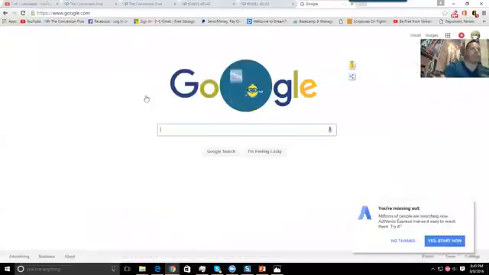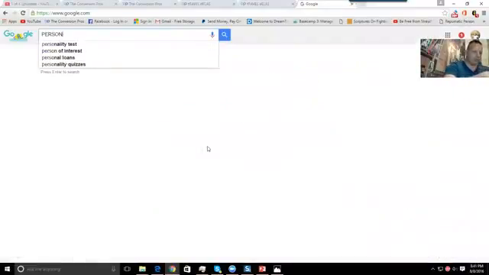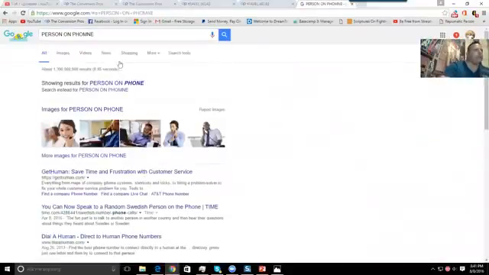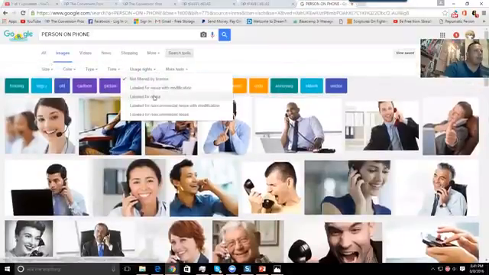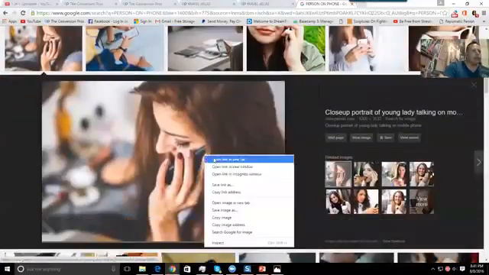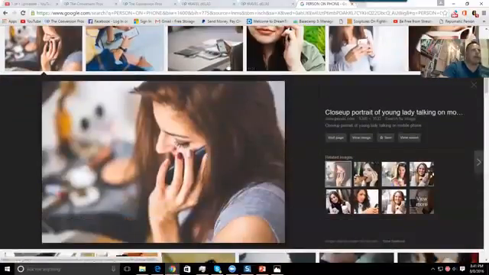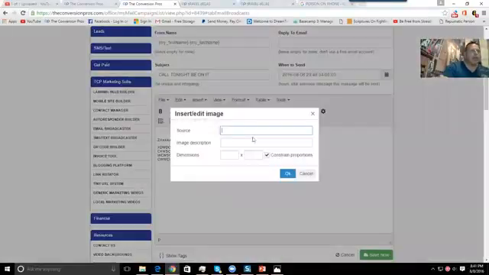Again, we have so many features in the Conversion Pros. Again, I click on images. Again, I'm going to look at the usage rights labeled for reuse. Okay. I find this one here, copy image address, come over here to the email broadcaster, watch this, insert, edit image, paste the picture,